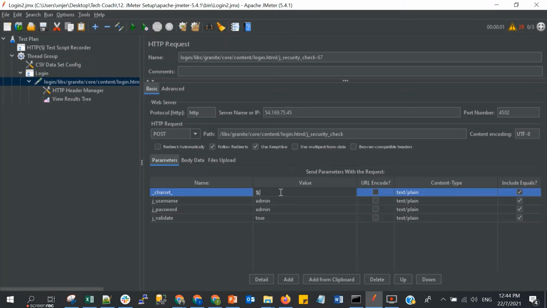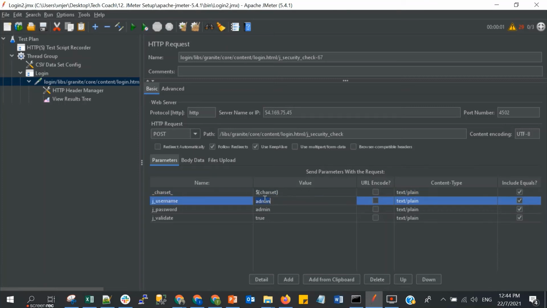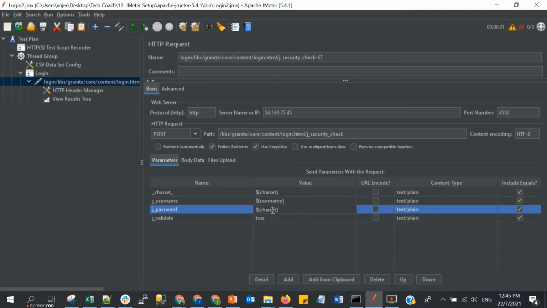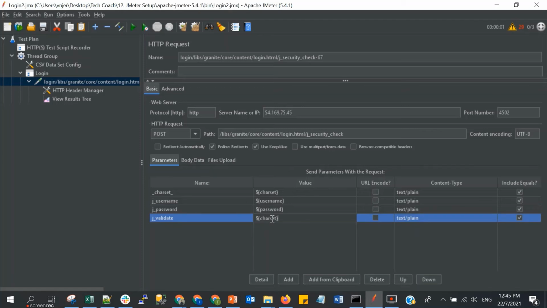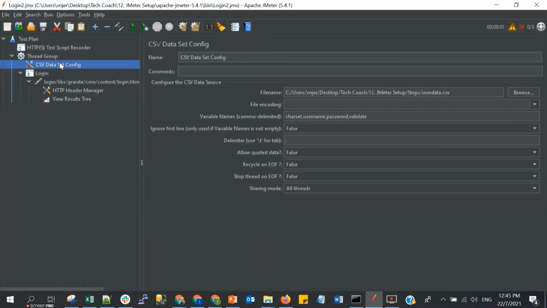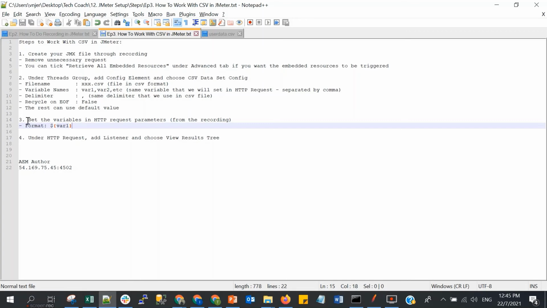The first variable name is charset, then the second is username, the third one is password, and this one is validate. The same as what we put in the variable names. Okay, this is our third step done.